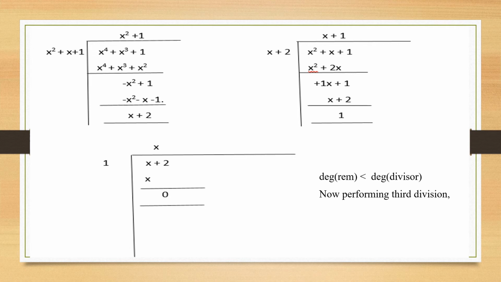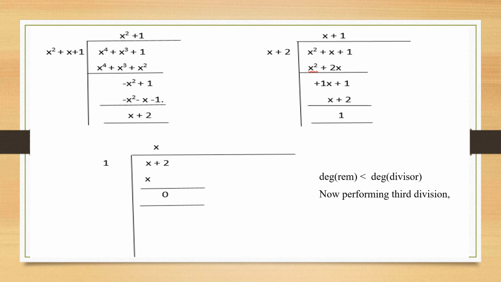that is of a lower degree than your divisor, you see that your divisor is x square. It has a power of 2, whereas your remainder has a power of 1. So now what will happen? You have to stop the procedure and then go for the second division. In the second division, your remainder will be your divisor, and your original divisor will become your dividend. Is that clear? So now you start the division again.